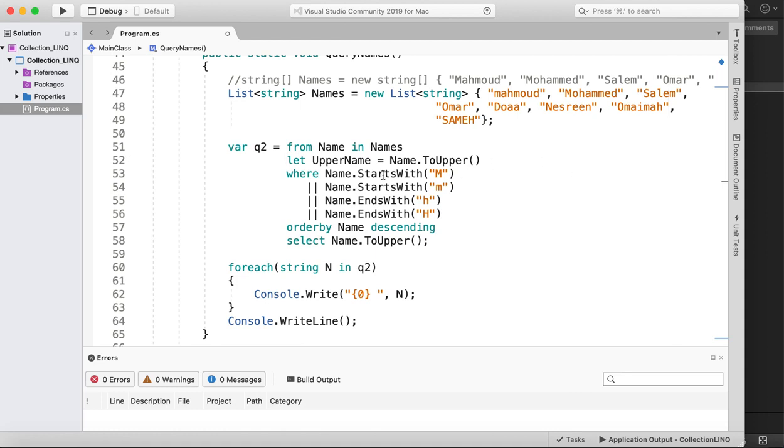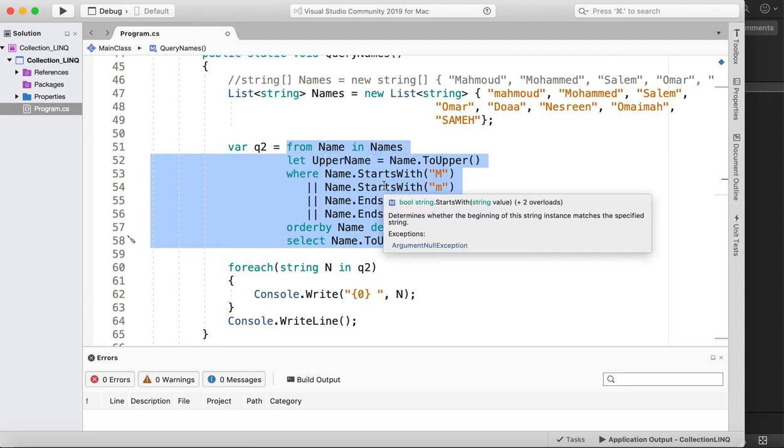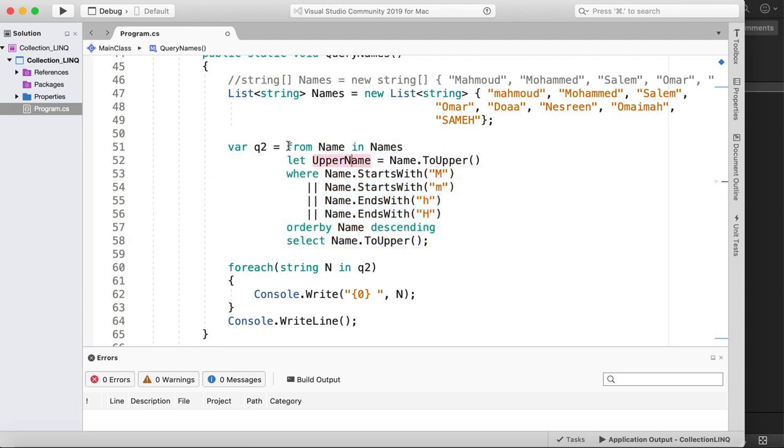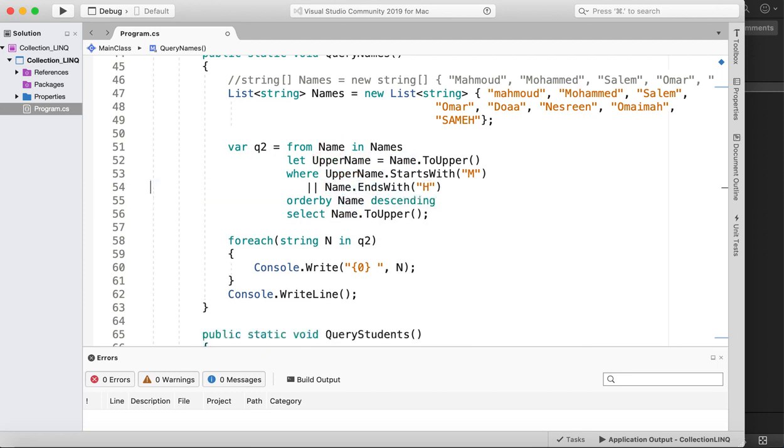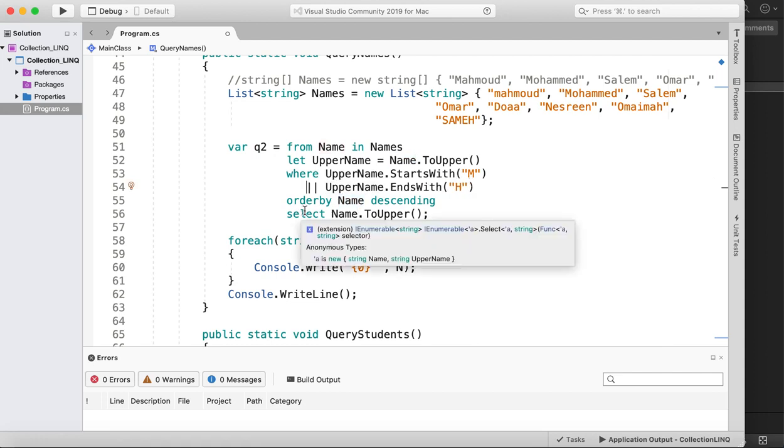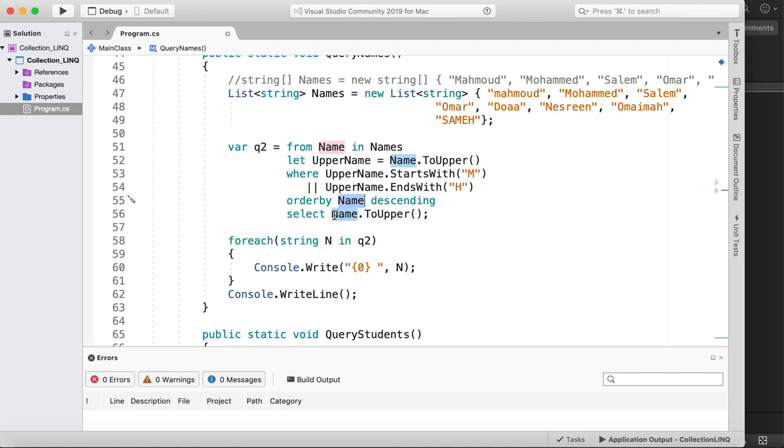اوكي صار في عندي variable جديد within هاي الكويري، زي ما في عندي name variable جوا الكويري هاي، في عندي upper name هذا another variable معرف في السكوب تاع الكويري هاي. بحكي where، بس بدل ما احكي that starts with either capital M or small m، بحكي upper name that starts with M. ما في upper name starts with small m، لأنه upper name معناته name capitalized، and upper name ما في عنا هون small letter، and upper name dot ends with H. Order by name or upper name whatever you want, and then select